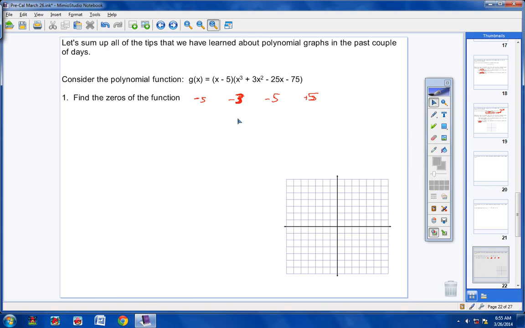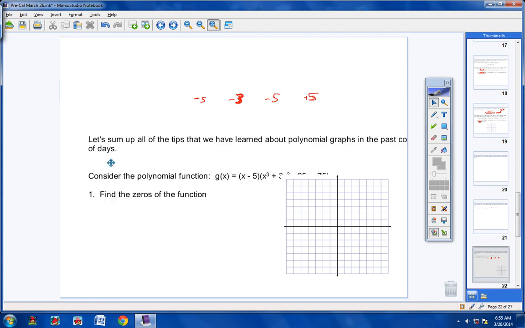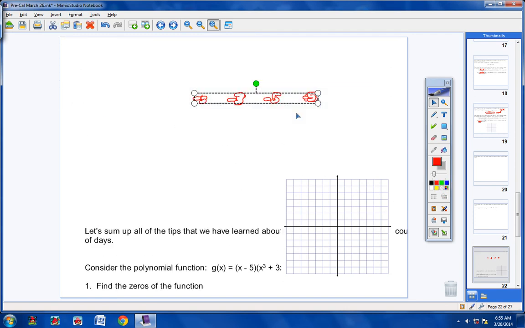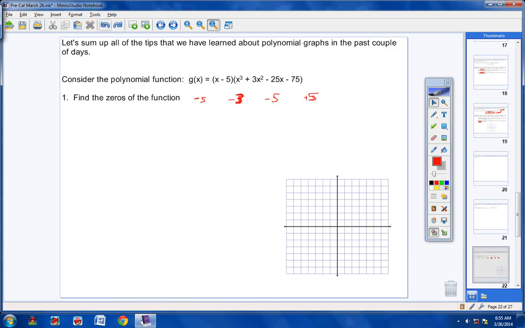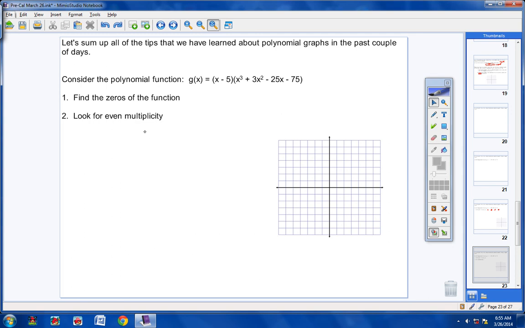I'm really sorry, guys, I'm going so slow here. I apologize. I know what I'm doing. I just want to keep this stuff together. Okay, now let's continue on. So we found the zeros, okay? Now,